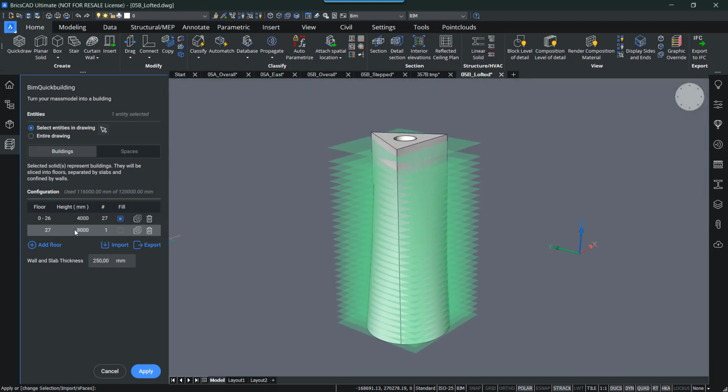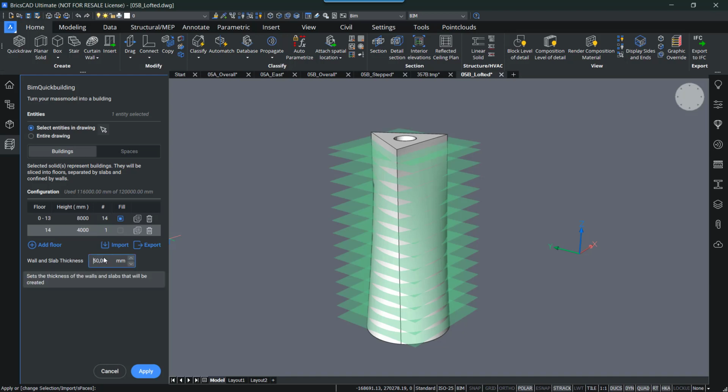Or maybe we can do it the other way around. Have the entrance 8,000 and the rest 4,000. And then maybe the floor slab, instead of 250, make it 350. So I have something like this.